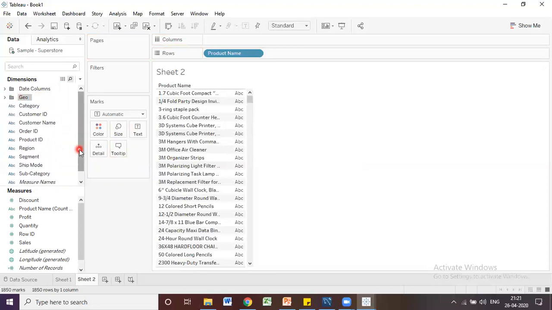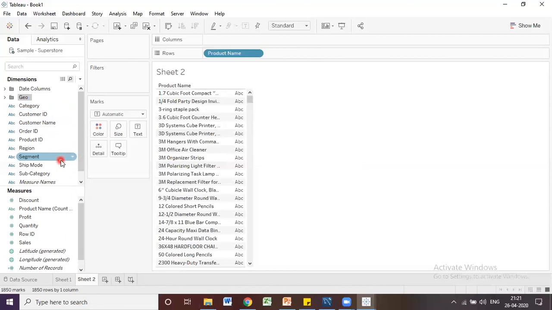So this is the way we can organize. The main purpose of organizing data is to work easily. If you organize your data, then you easily come to know, okay, this column will be available under this section, under this folder. So this way you can organize. It is up to you whether you want to organize the data or not. Okay, this is all about organizing our data. You can create as many folders as you require. There is no limit for creating folders also.